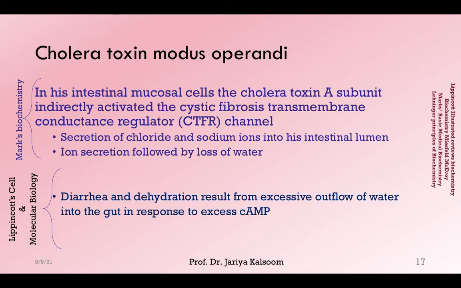In these intestinal epithelial cells, the cholera toxin A subunit is absorbed into the intestinal mucosal cells. This toxin is an enzyme. It cleaves NAD and transfers its ADP ribose portion to G alpha stimulatory subunit. This results in inhibition of the GTPase activity of this subunit. As a consequence, the G proteins remain actively bound to adenylyl cyclase, resulting in increased production of cyclic AMP, which activates CFTR channel, resulting in continuous secretion of sodium and chloride into the intestinal lumen, leading to diarrhea and vomiting.